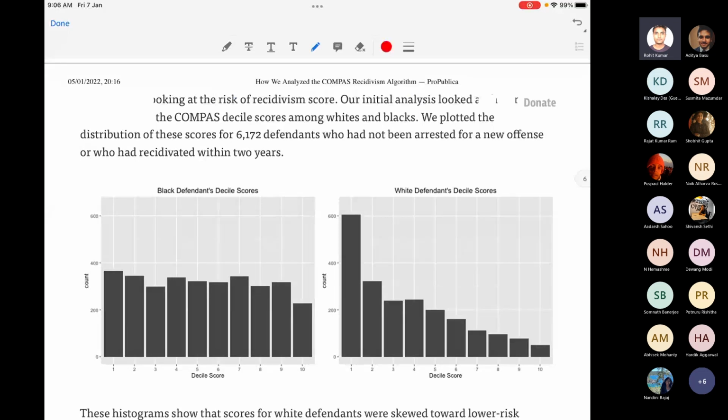Thank you for confirming. On the x-axis, what you see are the compass scores from 1 to 10. And on the y-axis, what you see are the count of individuals that have that compass score. So these are the count of defendants